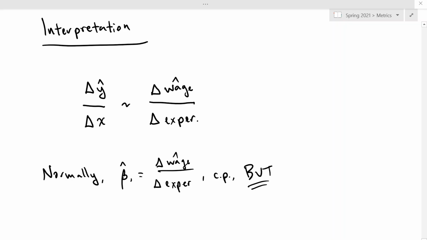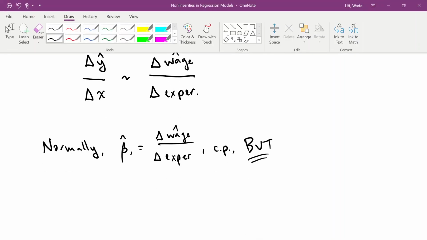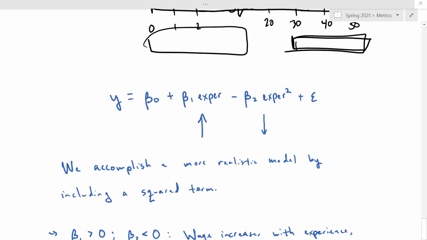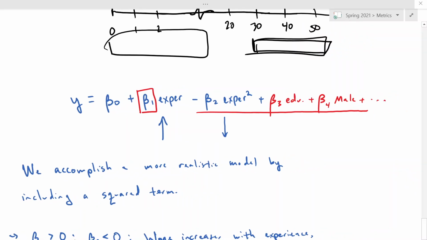But this ceteris paribus assumption, if we're only looking at beta 1, means that any other control variable we might have, maybe years of education, maybe gender, like a male, female dummy variable, and all these other ones, beta 1 interpretation assumes the ceteris paribus assumption for everything else,